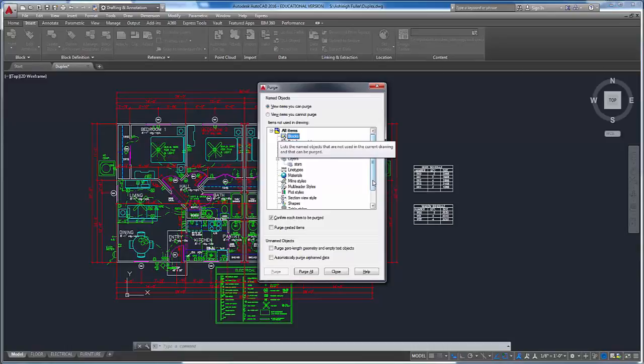And where this comes in really, really handy is, let's say you have a door in your drawing and you're using it and it's not a good door, like something's wrong with your block. You found a good door block in another drawing and you want to bring that one in, but it has the same name as your door. So you're like, oh, I'm going to grab this good door and bring it into my drawing. If it has the exact same name, your drawing says, oh, door. She wants to use a door block. I have one of those, and it inserts it. Even though you're bringing in a good one, it's going to keep inserting your bad one